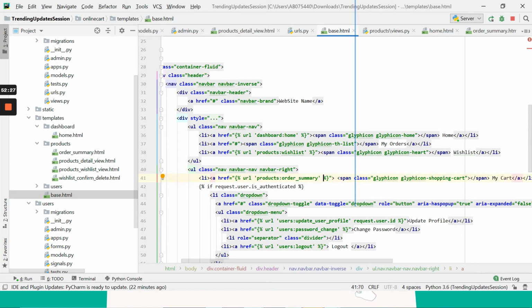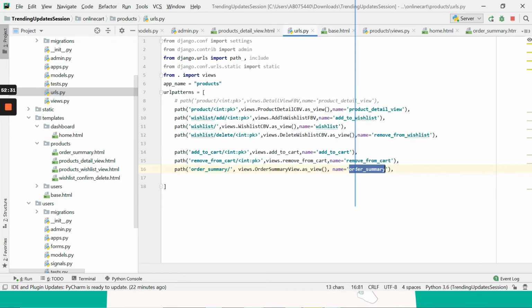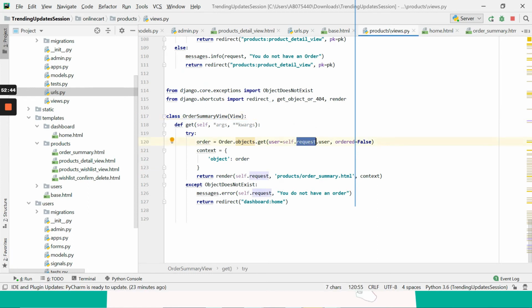So this is My Cart and this is the order summary. Order summary is not taking any parameters. If you see, there is nothing, because it will have the requested user in the request object itself like this. So it is going here, it will give the order and it will display in the order summary.